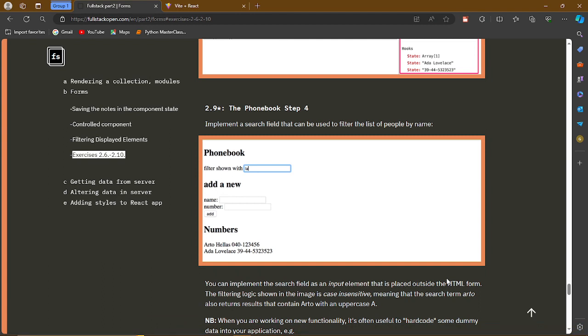Alright, so in this video we are going to be solving exercise 2.9. That's step 4 of the phone book. So here we are expected to implement a search field that can be used to filter the list of people by name, right? So when we write a text in this search field here,